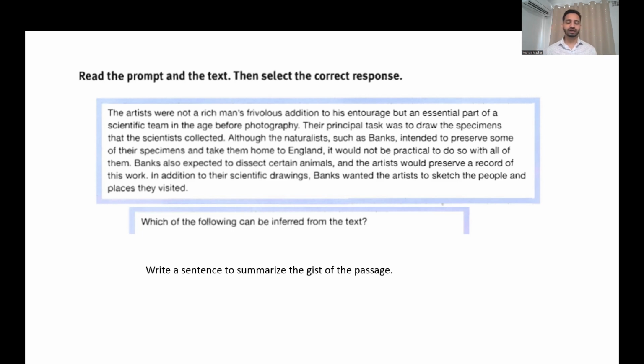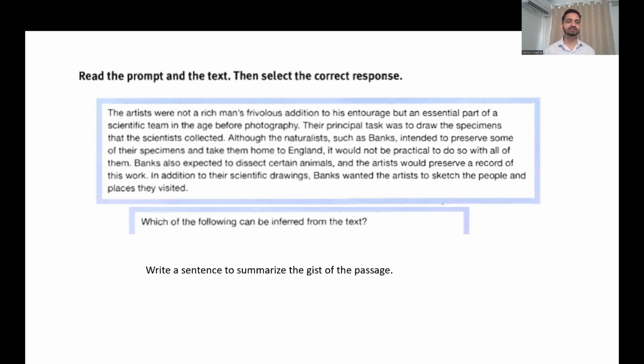All right, I hope you had a chance to read the passage by yourself, and you had a chance to write a sentence to summarize the gist of the passage, okay? Now I'm going to read the passage, and you can look at my approach of how I'm going to summarize this passage. Okay, the artists were not a rich man's frivolous addition to his entourage, but an essential part of